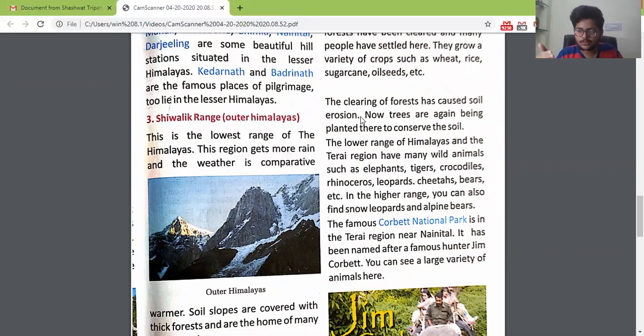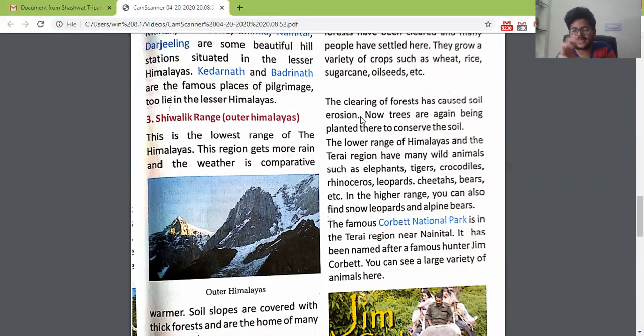It is the removal of topsoil, which is one of the layers of soil, by natural agents such as air, water, and wind. Okay, this is soil erosion.